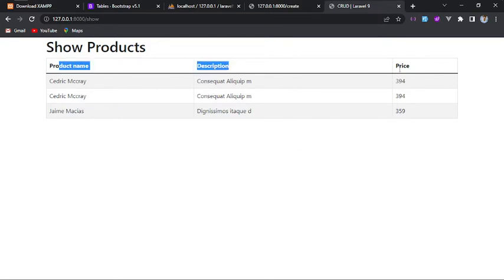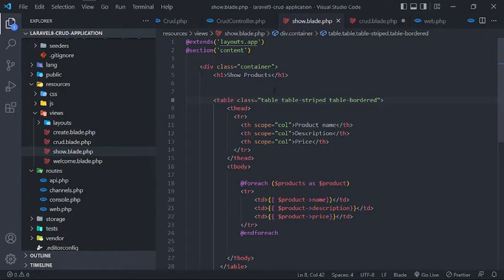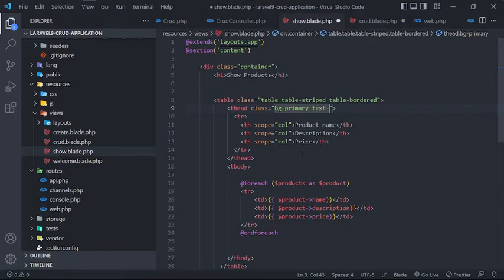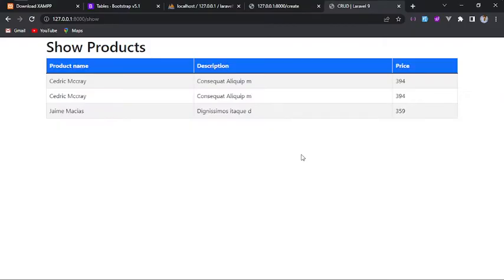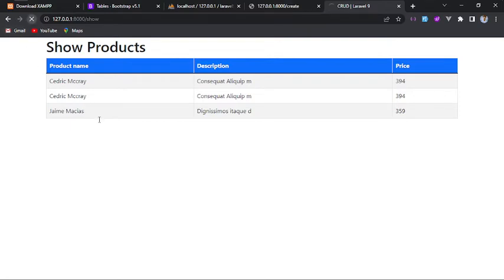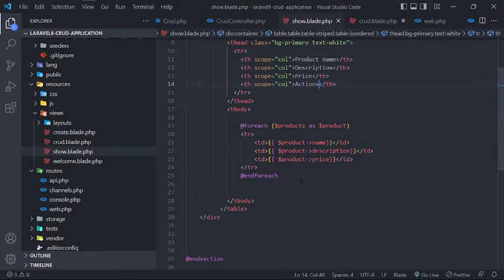And we need to put a header, a primary color, header thead, class of background of primary. So it's bg-primary and text white. So let's have a header. We need to put some actions here. So let's put actions. So here,